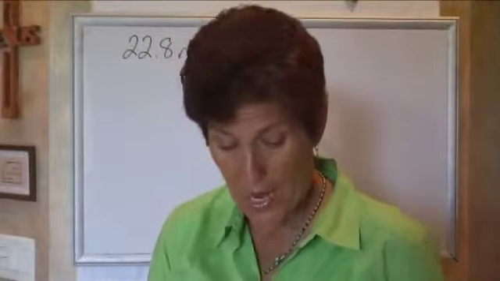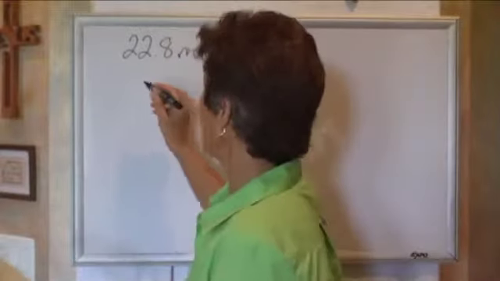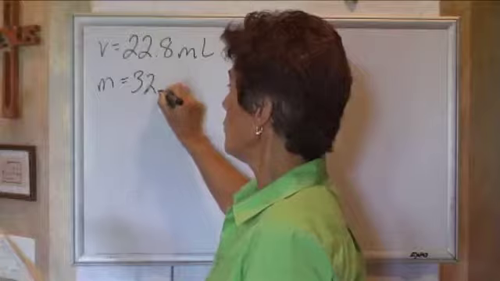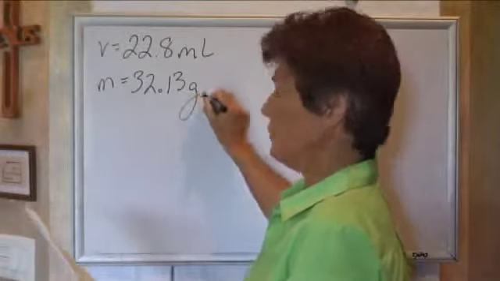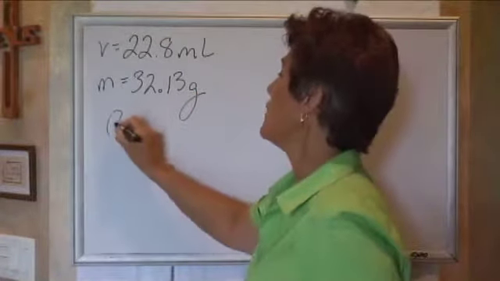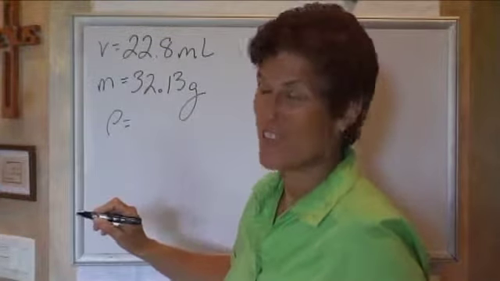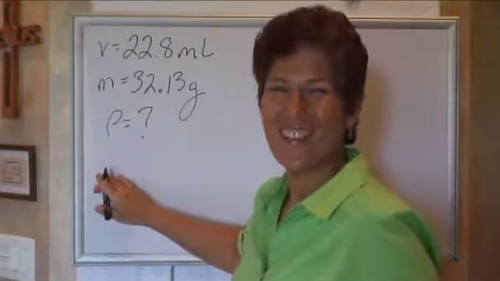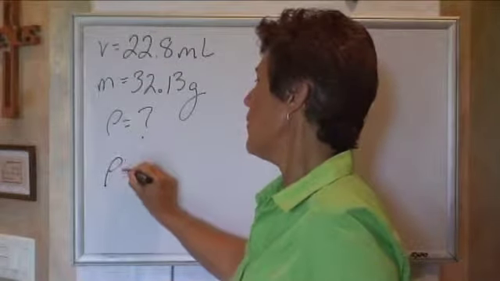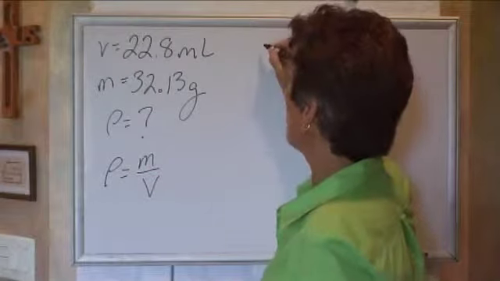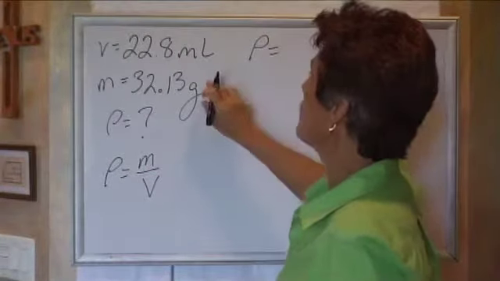Okay, so for the next problem, it says if the mass of the liquid in number 5, so this is the volume, if the mass is 32.13 grams, he wants to know what's the density. You like that? It's density, not destiny. And so this is our density. Remember that rho equals mass over volume. And so we're going to plug that in up here. Rho equals mass